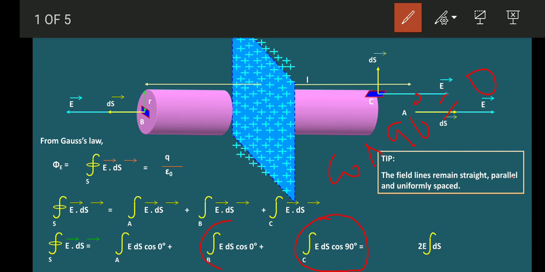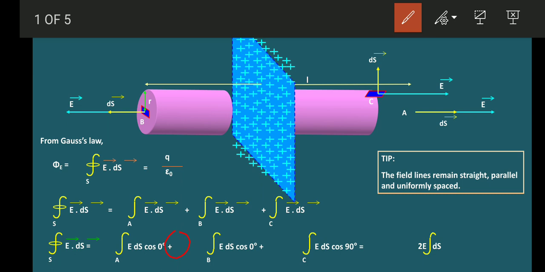But in this integration, cos 0 is there. What is the value of cos 0? Cos 0 degree is equal to 1. So cos 0 alone becomes 1. So there is a part E ds in this integration, let it be. Similarly here also. So this term will become 2 times, because there is an addition symbol between the two integrations. When you add these two integrations, it will become 2E ds. Okay, integration over 2E ds.